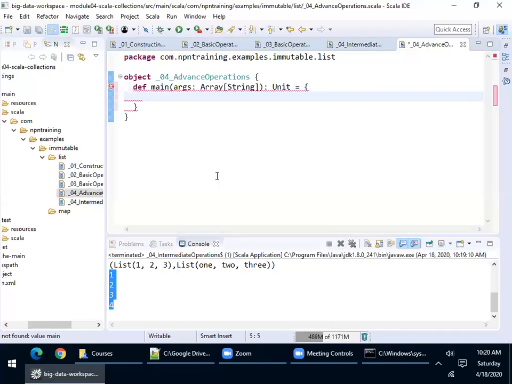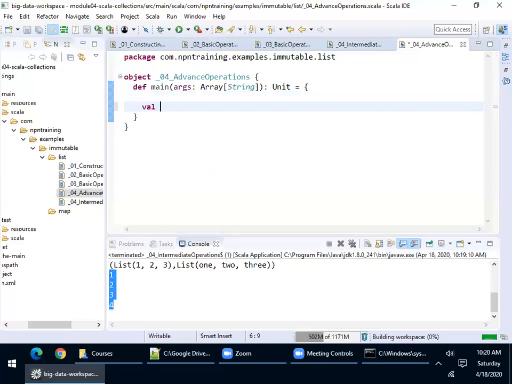Now, for example, let me create one method. Val list, I'll just give a list of some values, 1, 2, 3, 4, 5. Now please observe this. This list has a method called the map method.